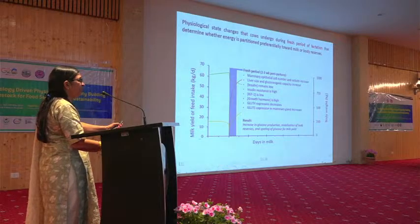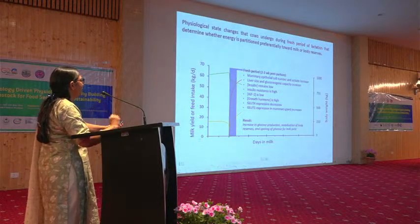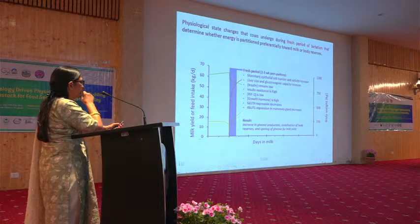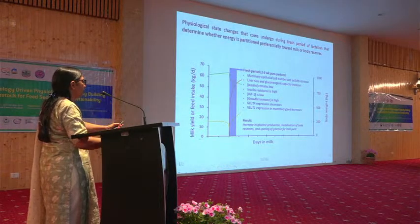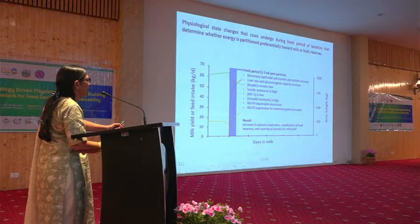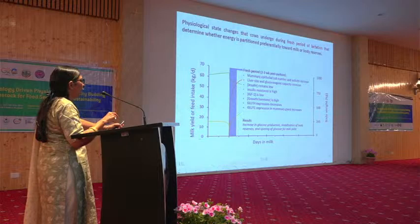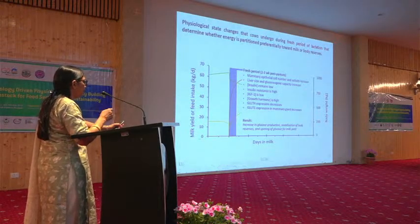Now see, sir, we have a lactation cycle. In this lactation cycle, we consider 3 periods. One is the fresh period, immediately after parturition, 2 to 3 weeks postpartum. There is an increase in insulin and growth factor 1. When this increases, it increases the number of mammary epithelial cells and the secretory activity of the mammary gland. Now during this period, although the insulin concentration is low,